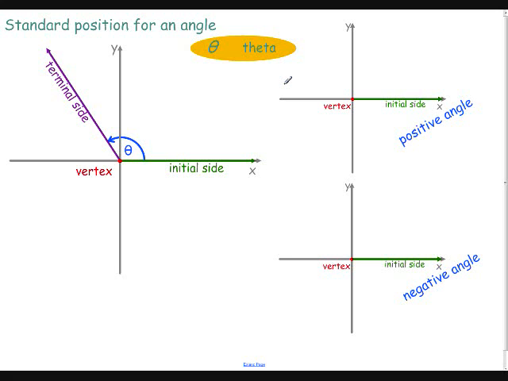Standard position for an angle. We keep the vertex at the origin. Standard position, by the way, always requires that you use a coordinate plane, an x-axis and a y-axis. We're going to refer to the measure of this angle as theta. This is a Greek letter. Perhaps you've encountered it already in science. If I want to show a positive angle, I'm going to rotate